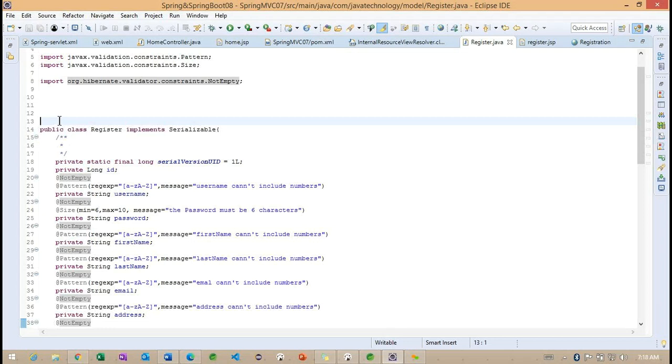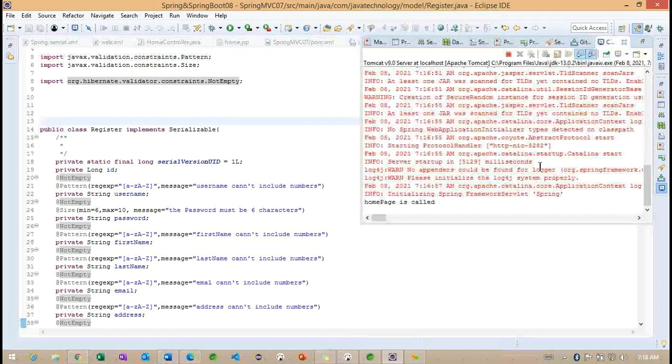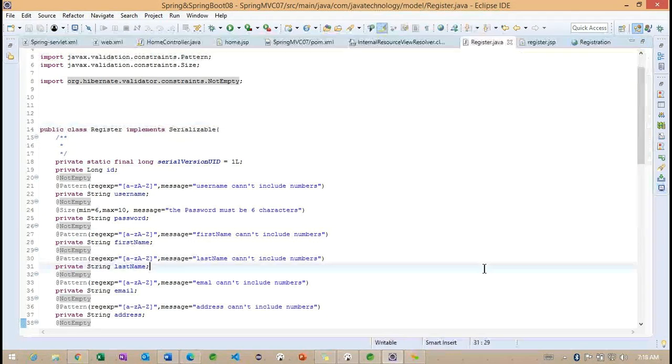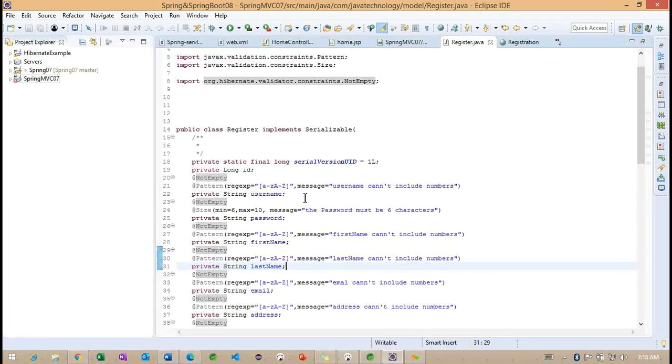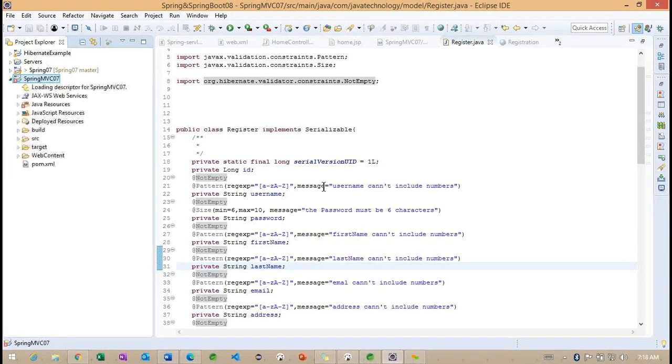So this is not related to that. Just ignore it. Basically, even if you specified the property, it is still coming.